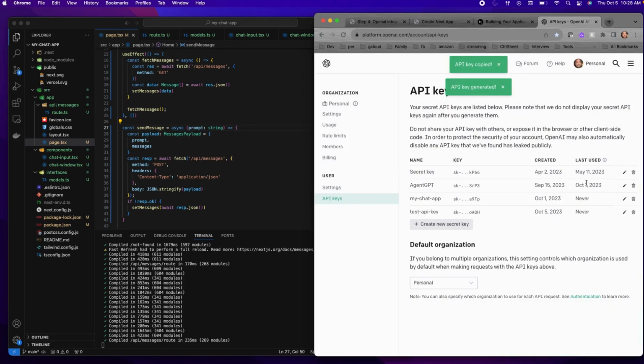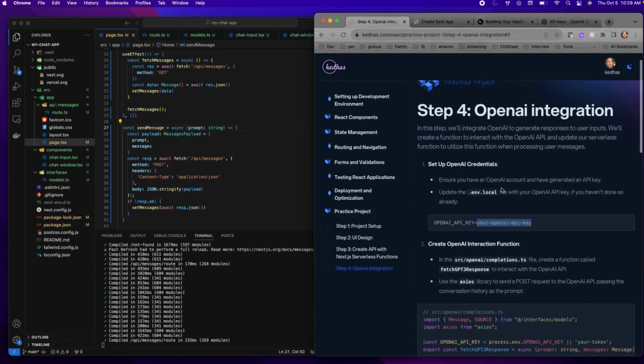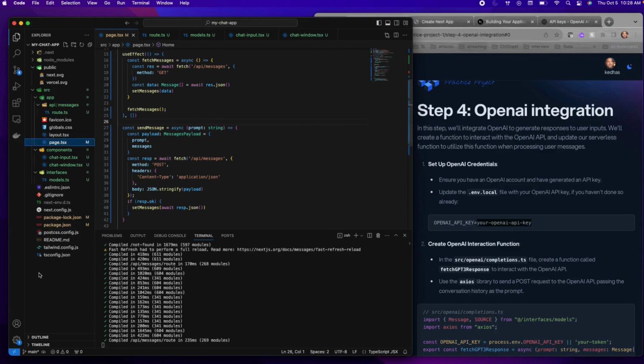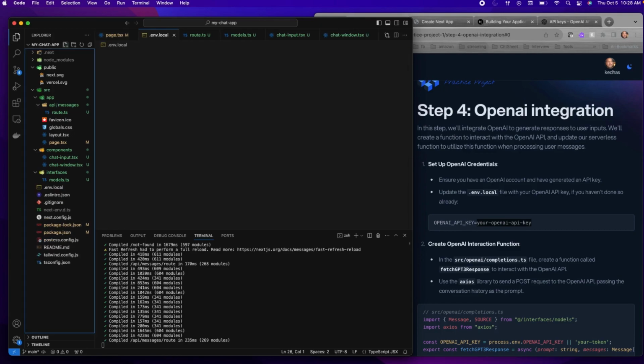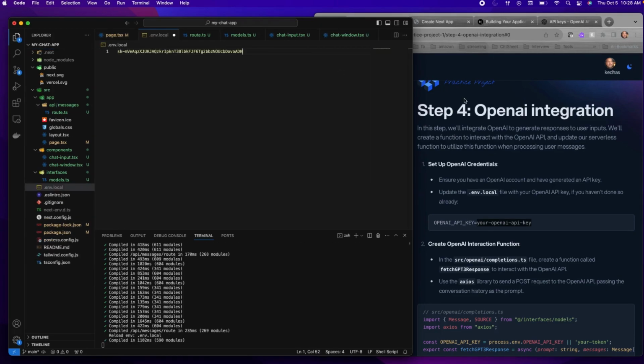Capture this, and then according to this step, we'll have this in our environment variable. So let's create the environment variable. And then we'll paste this, but